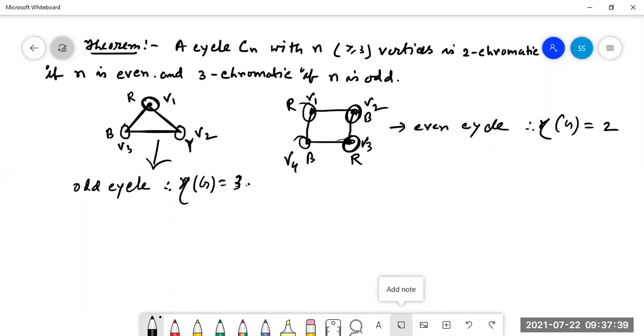And right now, what we have said is called the vertex coloring, right? Another part of the coloring of a graph is the edge coloring. These are all about the vertex coloring. When vertex coloring and edge coloring are both done at a time, then we can say it is the total coloring of a graph. Now we are going to talk about the edge coloring.